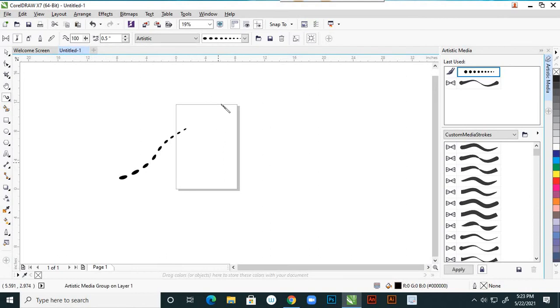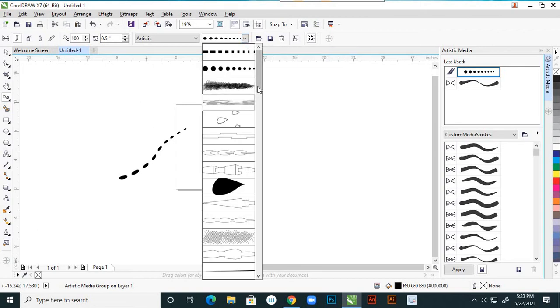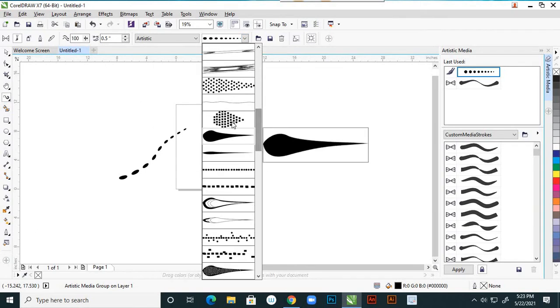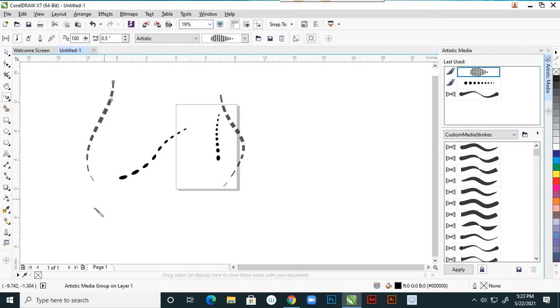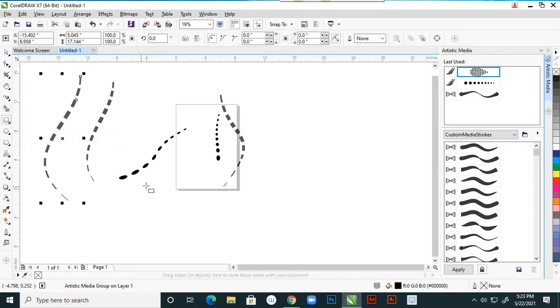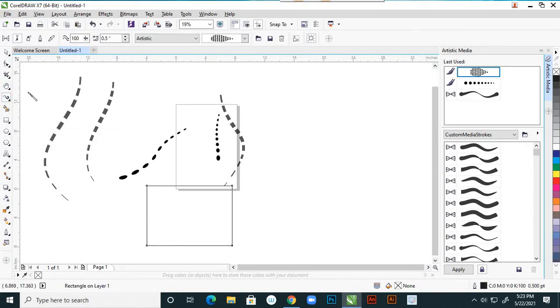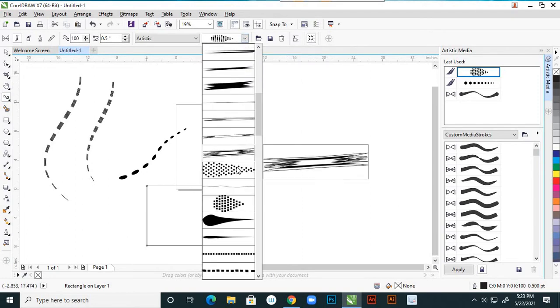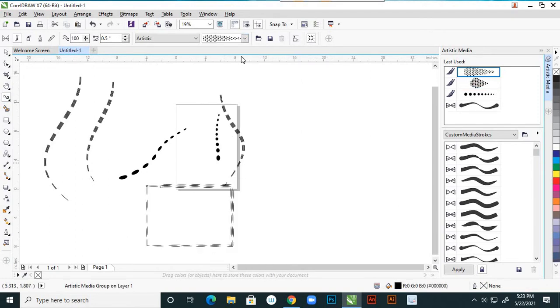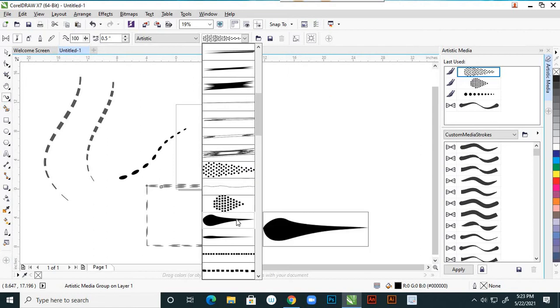So you can apply it here. You can choose any shape, any design, and normally you apply it to any shape. Suppose you draw with this one, and apply the same brush to that box.